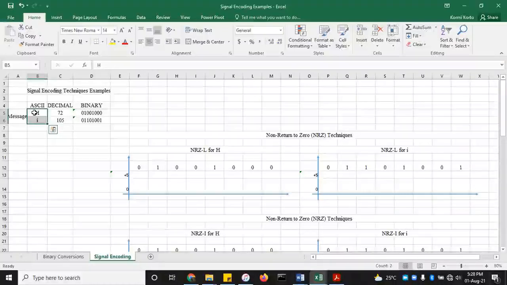So if it sees that you type an uppercase H, it'll go through the table or chart and look for the corresponding decimal value for H, which is 72, as well as the corresponding binary. And then it uses that to generate the signal. Since computers can only use signals to transfer information, but a human being requires more or less the decimal or the ASCII. So they designed that